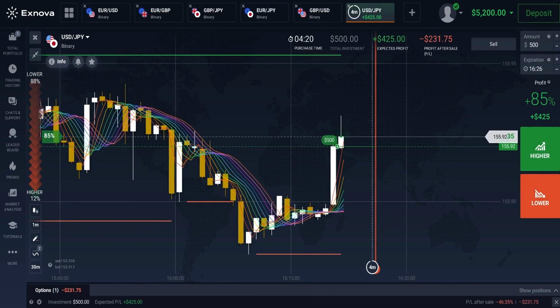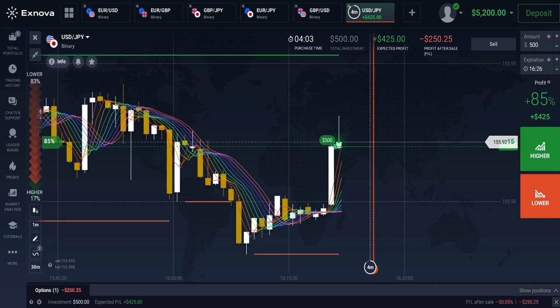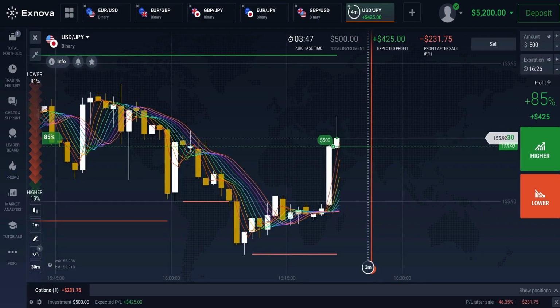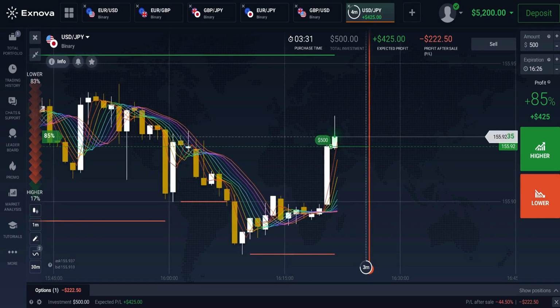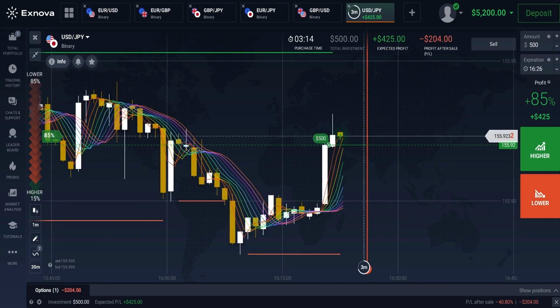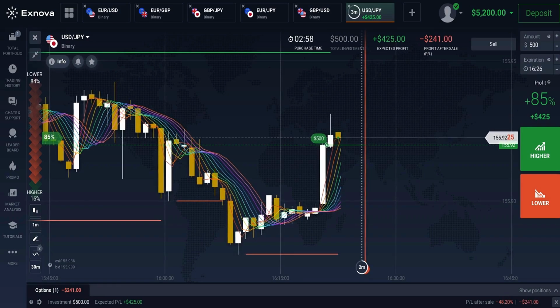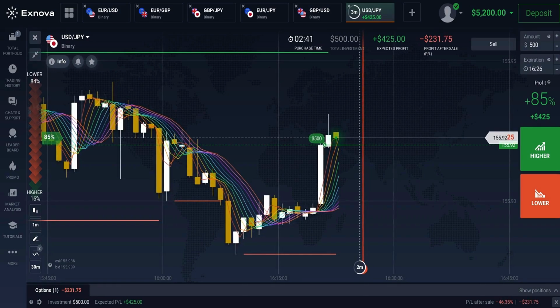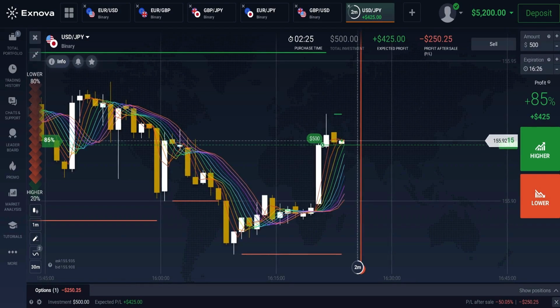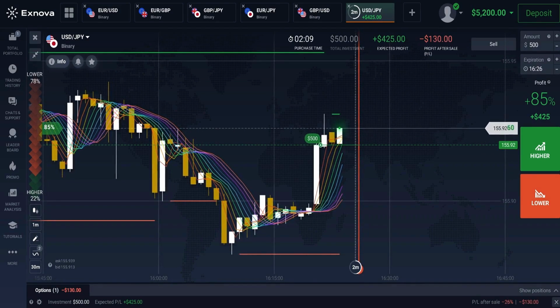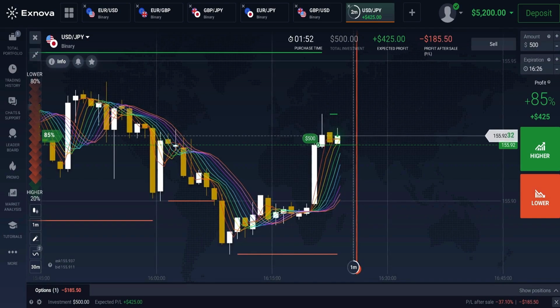All right, so as per our strategy, this is a perfect setup for a buy trade. Here's why. The price has bounced off the support level. That's our first signal. All the lines of the rainbow moving average have crossed each other in an upward direction. That's our second confirmation. The candle has closed above the rainbow moving average lines, and that's our final green light